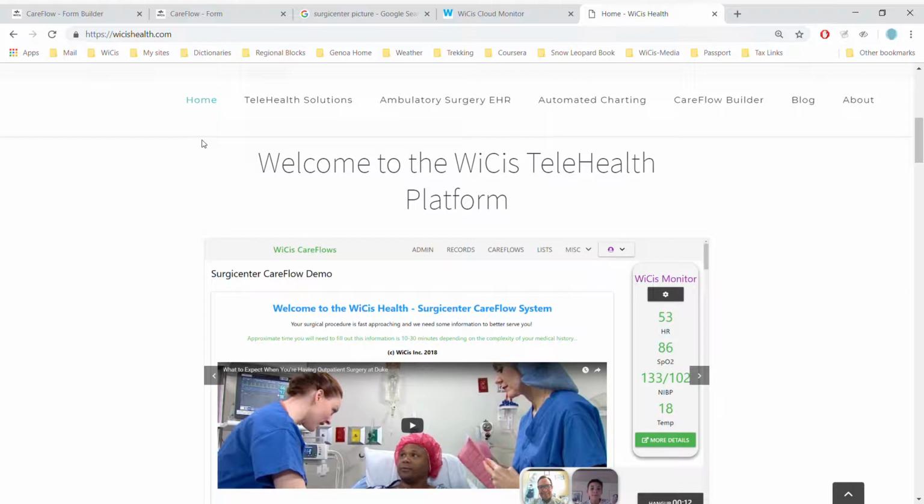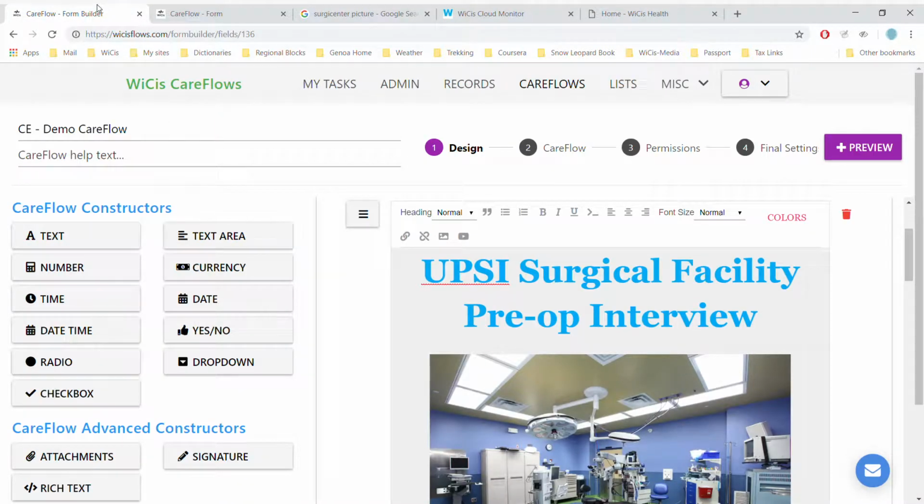in this picture. I go over to our CareFlows Builder, and as you see on the left part of the screen, we have what are called CareFlow constructors, and on the right I am creating in the cloud what is going to be shown in the final form that our nurse who does the preoperative interviews will use when interviewing patients. So initially, in the top part of the screen, I have dragged a rich text